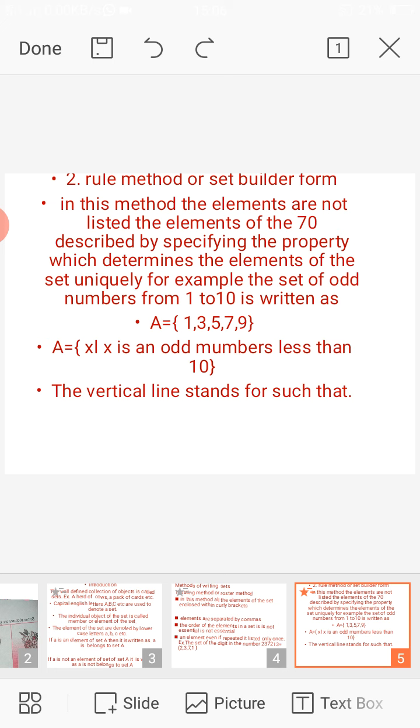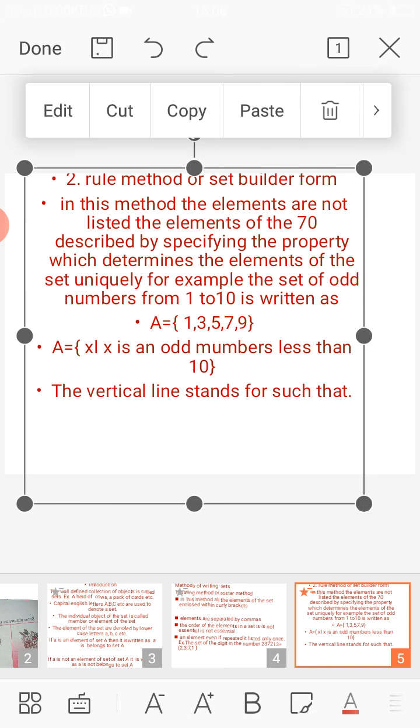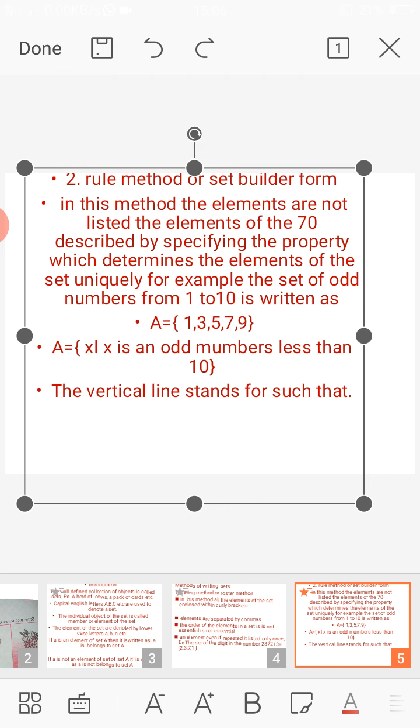For example, the set of odd numbers from 1 to 10 is written as A equals {1, 3, 5, 7, 9} in the listing method, and in the rule method it is written as A equals {x | x is an odd number less than 10}.